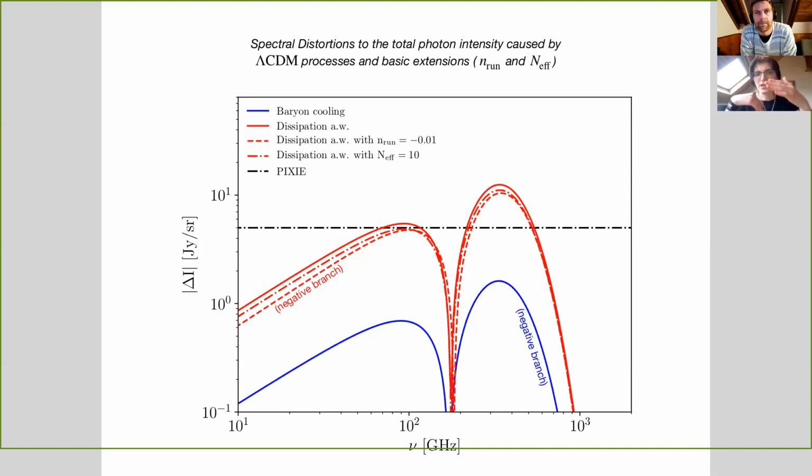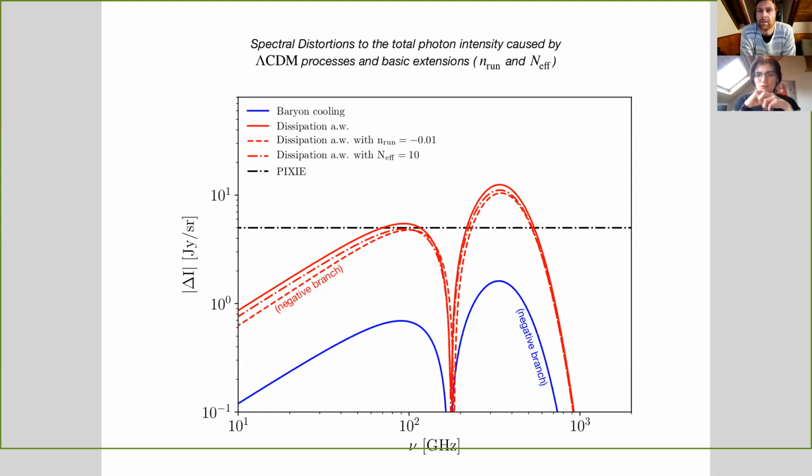The cool thing is then you also have the baryon cooling, which is a much smaller contribution, but it is a contribution that we expect within Lambda CDM. The idea is if we don't measure this red solid line, something is wrong with Lambda CDM, because this red solid line is a prediction of Lambda CDM. Now the FIRAS sensitivity is not listed here, it would be off the plot, at the top of the plot. So this is a testable prediction of Lambda CDM, we're just missing the satellite to do it for us.